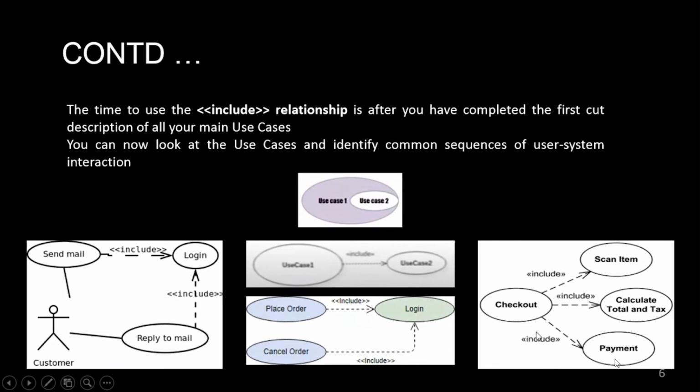This include relationship is represented by a dashed arrow, from the base use case to the included use case which we have included. Then the checkout functionality: to check out, we first have to scan items. All of this needs to be done: scan item, calculate total and tax, and pay. So this is how we can represent it,